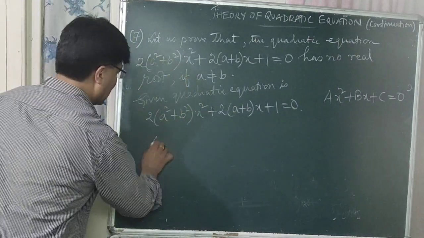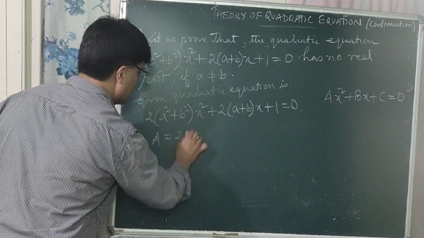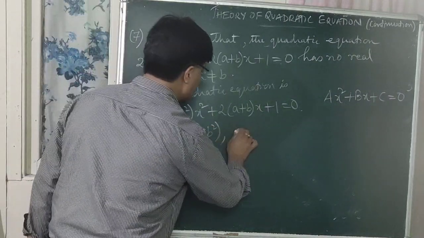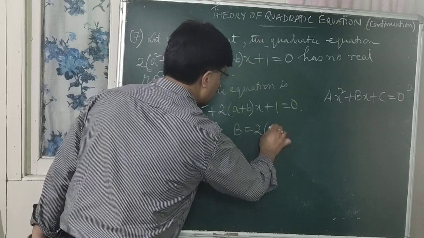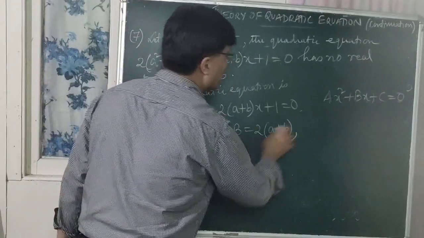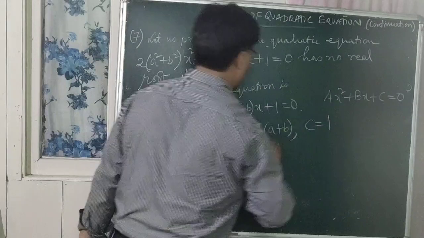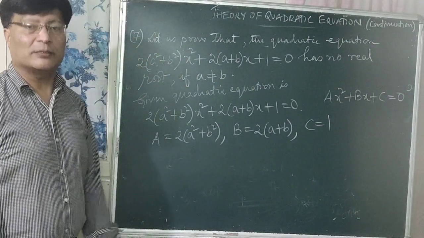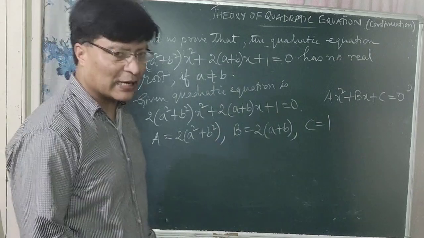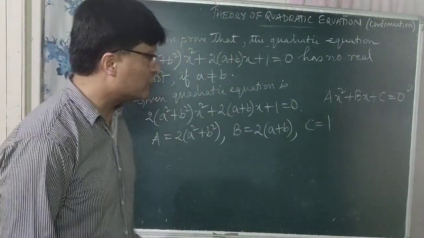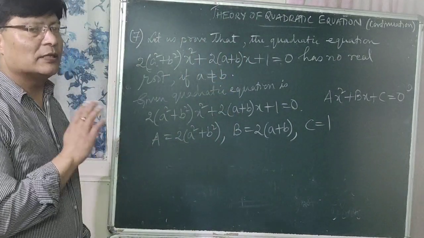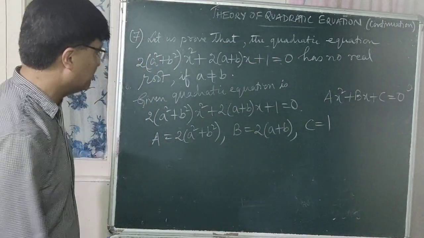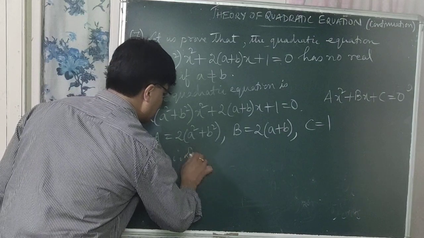So what is capital A now? It is 2 into a square plus b square. Next, what is capital B? 2 into a plus b. And what is capital C? It is 1. Okay? So let us calculate the discriminant. हामी यहाँ के निकाल्नु पर्यो, हामी यहाँ के क्याल्कुलेट गर्छौं, डिस्क्रिमिनेन्ट, अनि त्यसको साइन हेर्नु। त्यसको साइन चाहिँ नेगेटिभ गर्नुपर्छ, अनि मात्रै नो रियल रुट्स, द्याट इज इमेजिनरी। ओके।